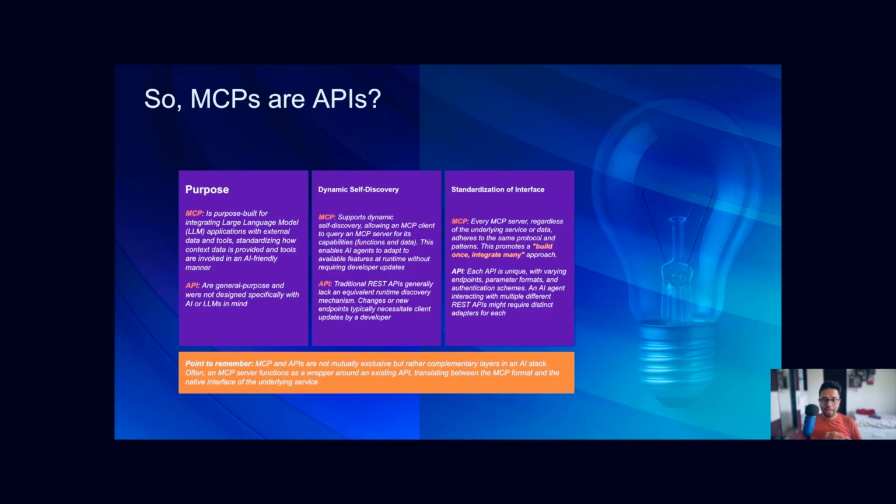So the kicker here is that, with all these differences and the similarities that I spoke about, underlying MCPs, when you start writing them in the next modules where you actually build MCPs, you will see that MCPs are basically a wrapper around APIs. Most of the time you will have an API, and through MCPs you are making those APIs understandable to agents. So with this, I think we are at the end of this module.